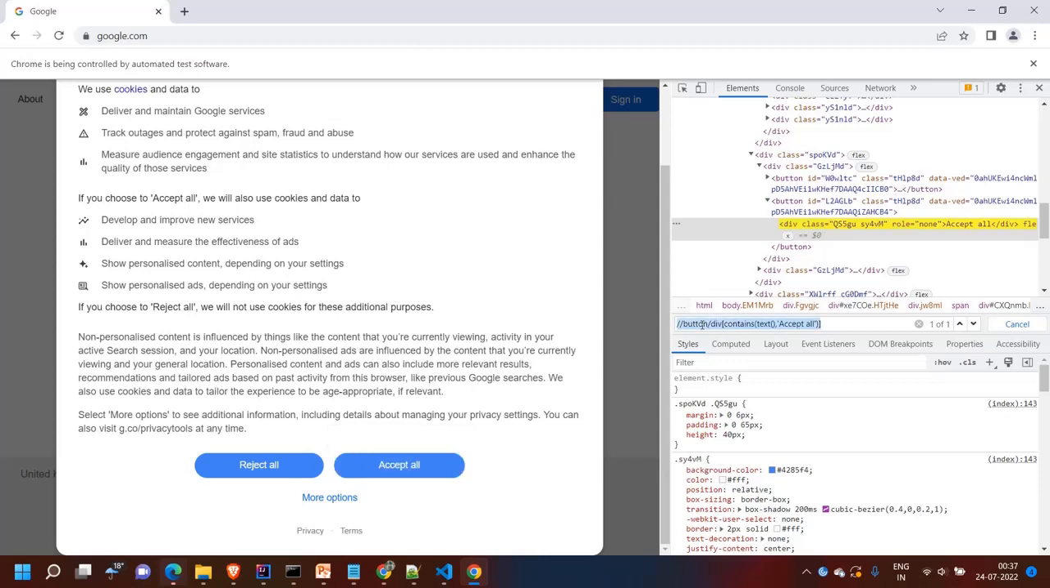You can see that when I am writing this XPath, it's highlighting one element here. If you mouse over this one, it will show which element we are working on, and it will be highlighted. Okay, so I'm just copying this XPath,